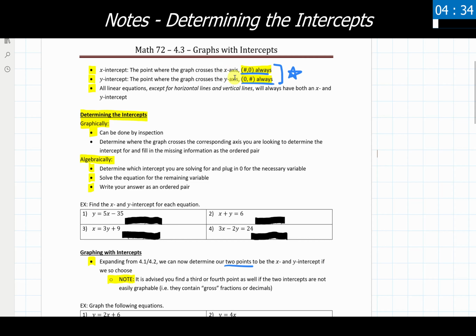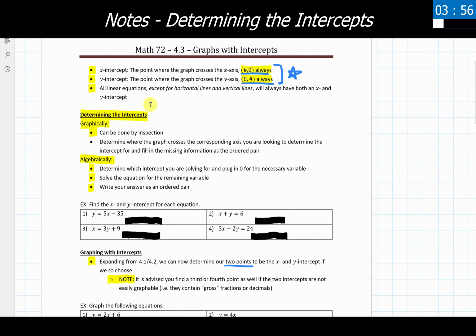Similar to that, we have the y-intercept, and that is the point where the graph crosses the y-axis. The y-intercept is always going to be of the form 0, comma, some number. So 0 is going to be showing up because we're not moving left or right on the x-axis at all, and we're just moving vertically along the y-axis. So I would highly recommend, if you are taking notes on any of this, that you have this written down for yourself as corresponding with the correct x or y intercept in there.